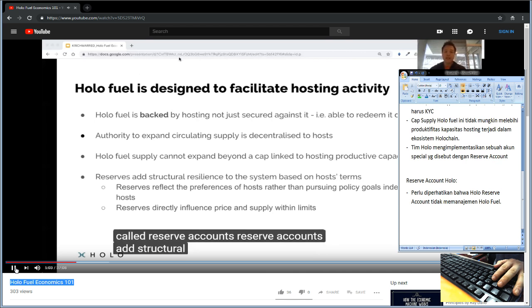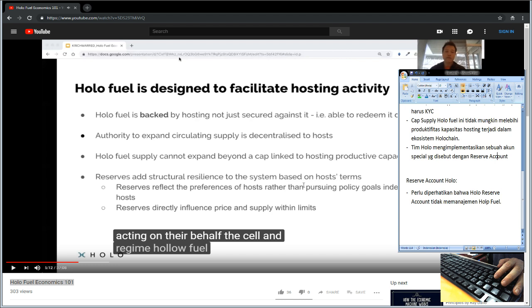Reserve accounts add structural resilience by amplifying certain economic signals from hosts and acting on their behalf to sell and redeem Holo Fuel. Oke, jadi